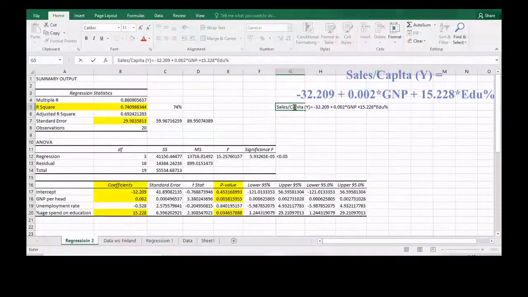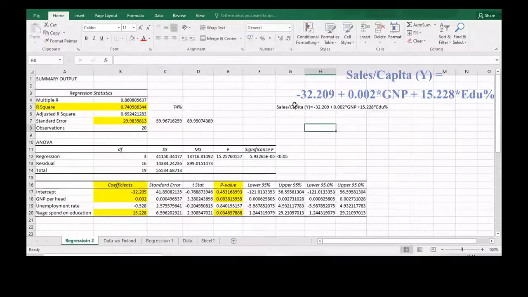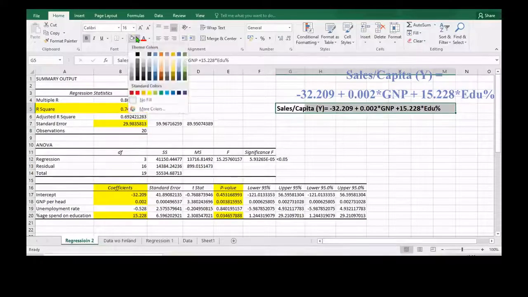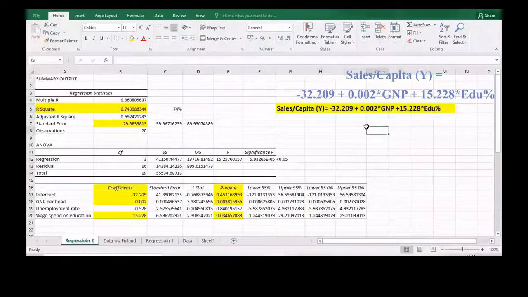I'm just using the abbreviation, percentage expenditure on education. By using this formula now, company can set the sales target or sales quota.